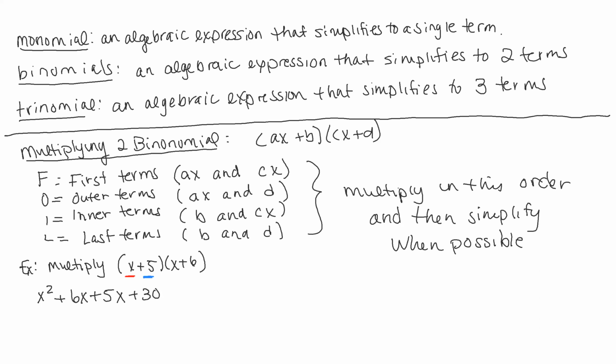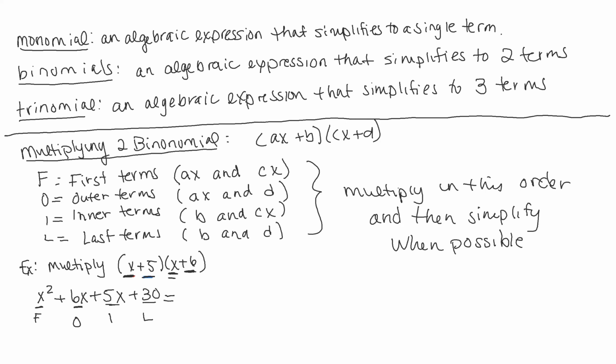So let's look at this a little slower. If I look at the x times the x, those are my first terms, okay? If I look at the x times the 6, I get 6x, those are my outer terms. If I look at the 5 times the x in the second set of parentheses, I get 5x, and those are my inner terms. And then if I look at the 5 times the 6, I get 30, and those are my last terms. So I have completed the FOIL process, and now all I want to do is combine